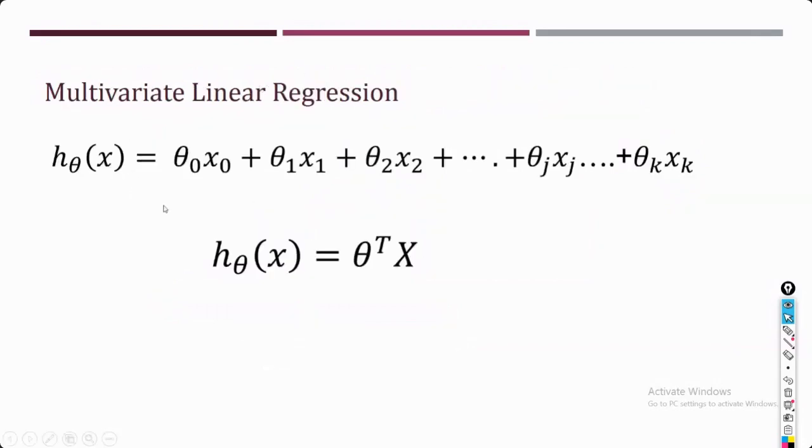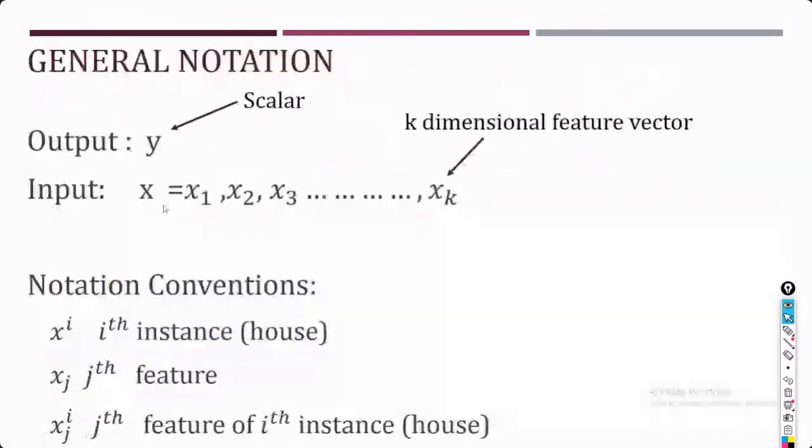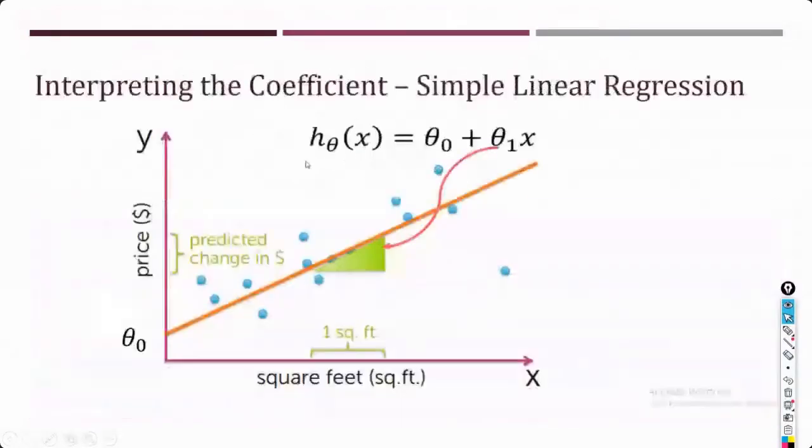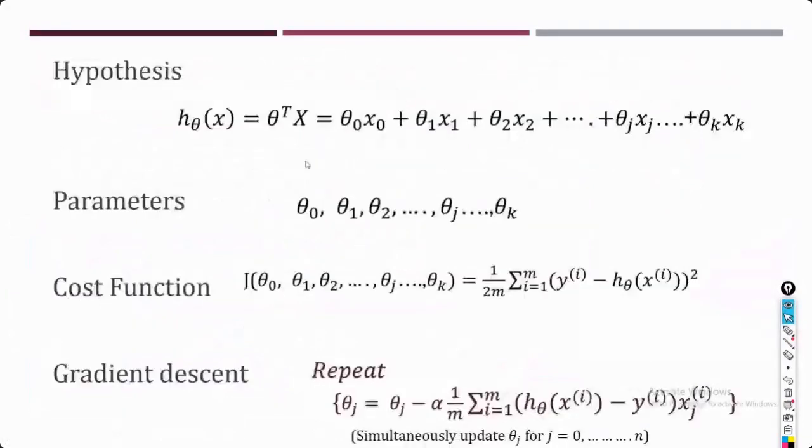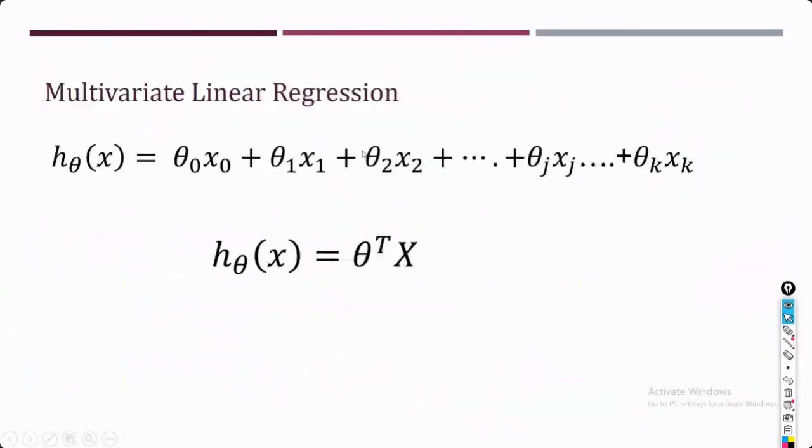Now this form which we have written here has been simplified further. This represents a multiple linear regression, where we have x1, x2, up to xk features, so that we can write it as theta transpose x. And how are we writing this theta transpose x? Let me write it down here. What is this x? I can write it as x1, x2.